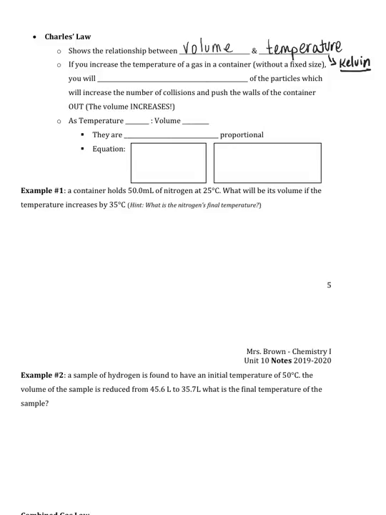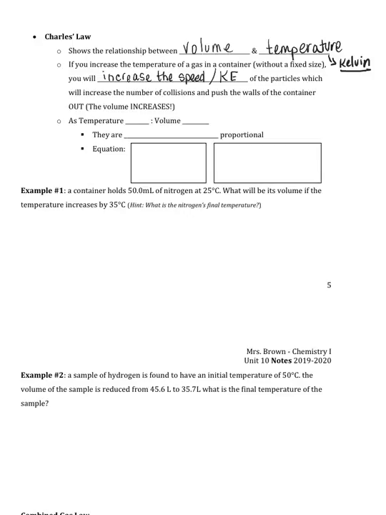fixed size, that means the container can change its size, you will increase the speed of those particles. Why? Because you're increasing the temperature. That means the kinetic energy of the particles will increase, and that will increase the number of collisions. Those collisions will increase the collisions with the walls of the container and push on the walls of the container